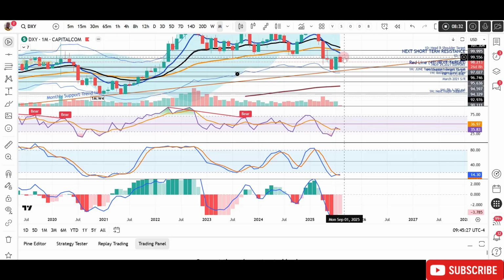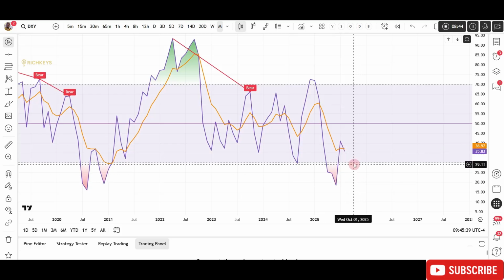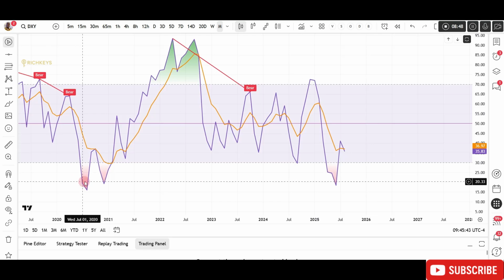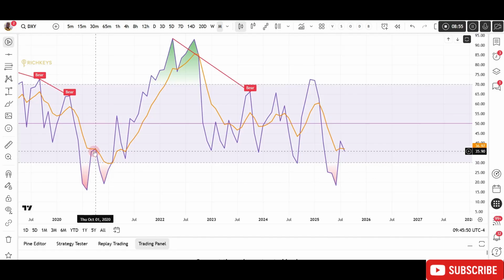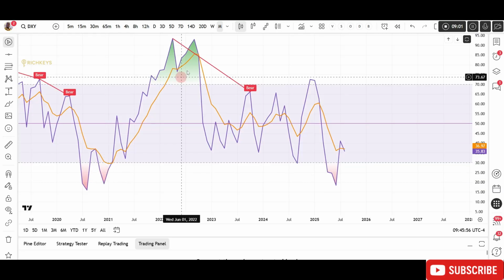So I'm expecting this monthly candle to come below the close of this candle. Potentially, that would then give us an RSI divergence, where this is our previous low, and we're going to make a lower low where I'm expecting RSI to probably make a higher low. That would give us something like what we had here in 2020. We came down hard, then made a move up on the monthly, and then we came lower where RSI was a little higher, and that gave us a slingshot.